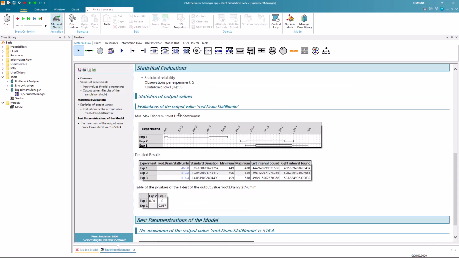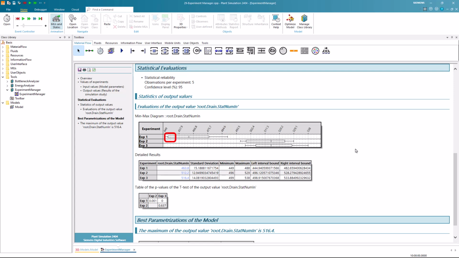If we now examine the statistical evaluation, we will see min and max intervals. Now, the left bound of the plot shows us the minimum value of the observations, which is 449, as we can see from the detailed results, whereas the right bound shows us the maximum value of the observations, which is 488.